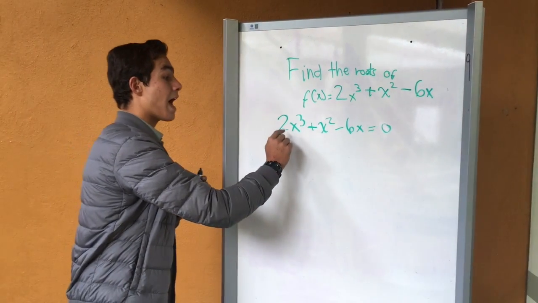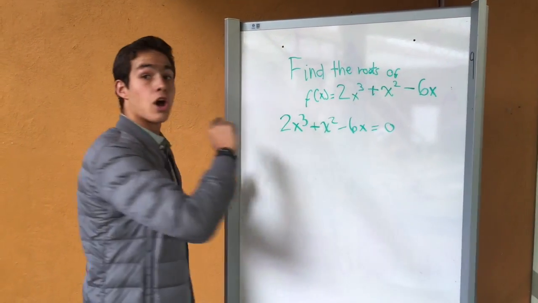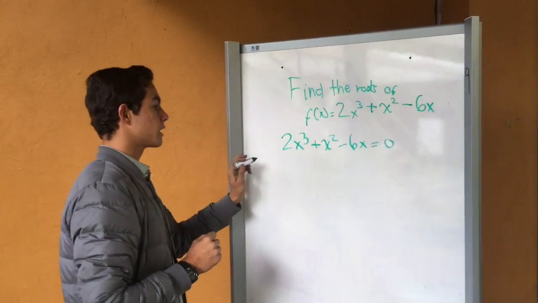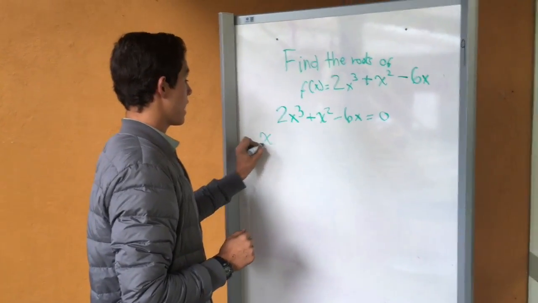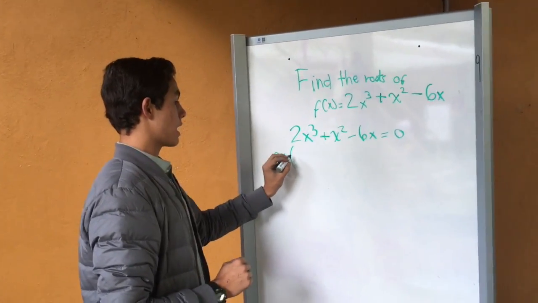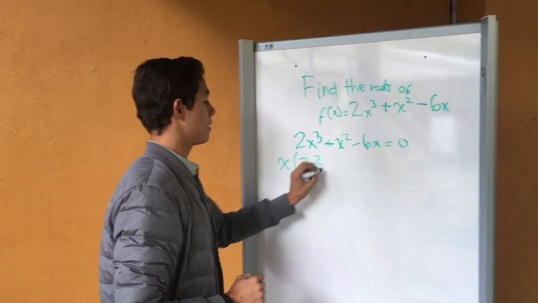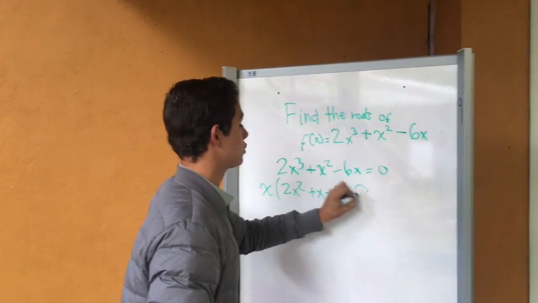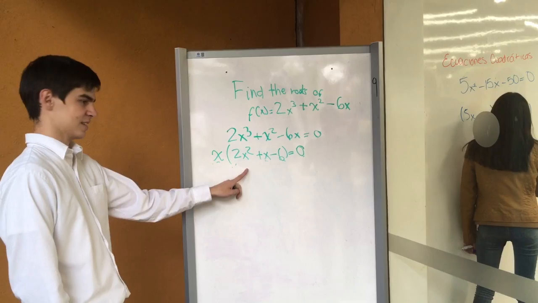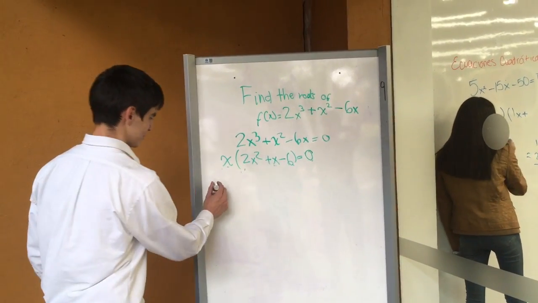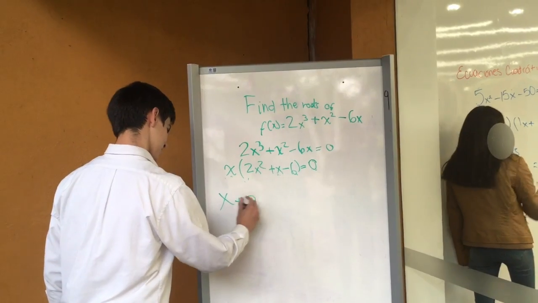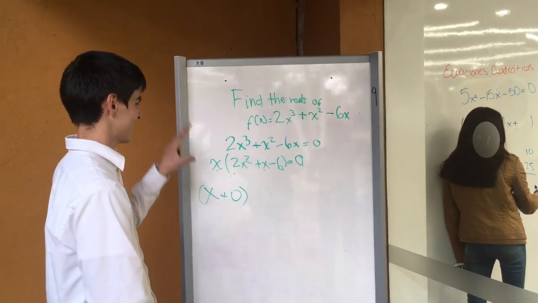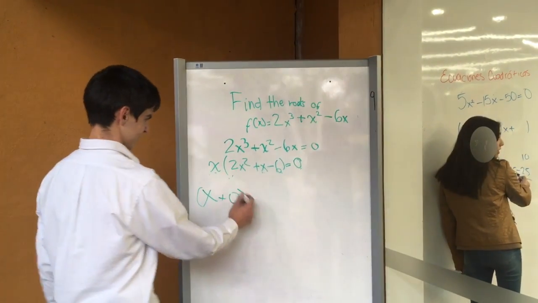But you have a common term that all the terms share. In this case it is the x. So we're going to take the x out by factorizing it. x times 2x squared plus x minus 6 is equal to 0. At first, this x that is outside the parentheses is equal to x plus 0. And you leave it there. Then you make a normal factorization. It will be